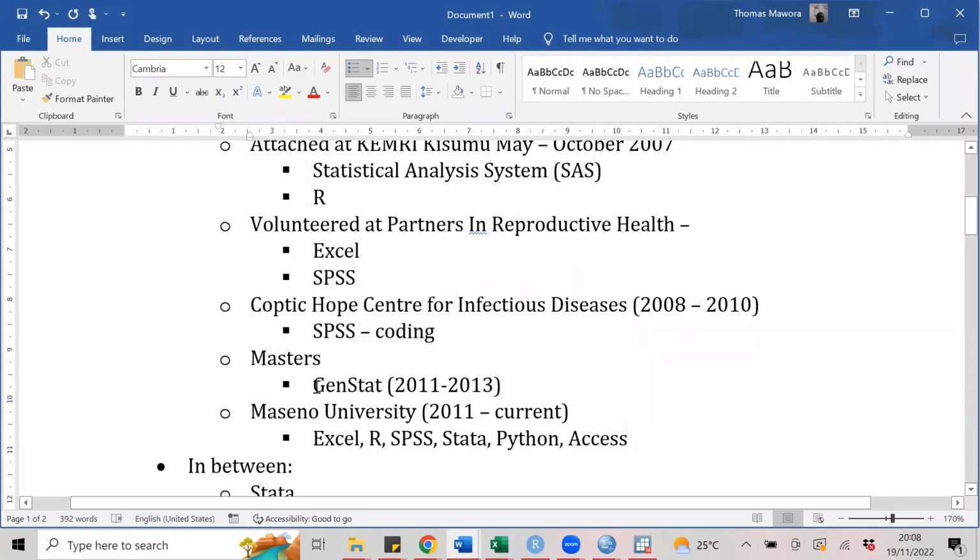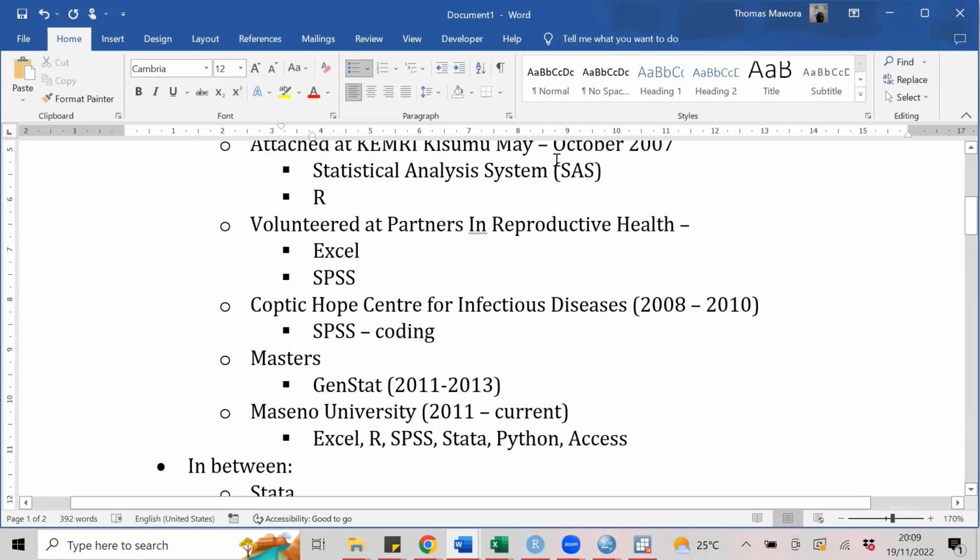During my master's, I was introduced to a different software called GenStat. During that period, I wrote some small codes using GenStat to simulate data, and also did all my analysis in GenStat. GenStat had been a common software among agricultural researchers.